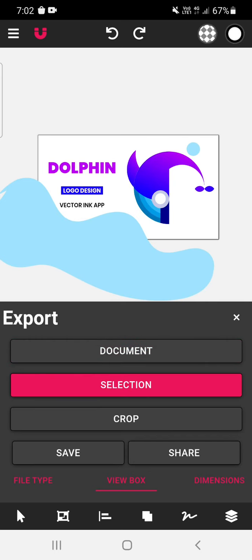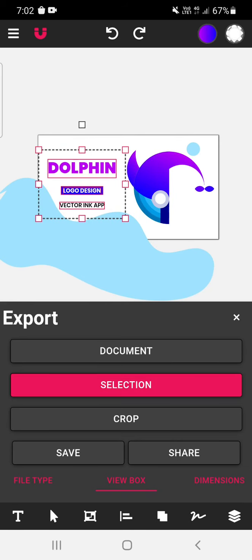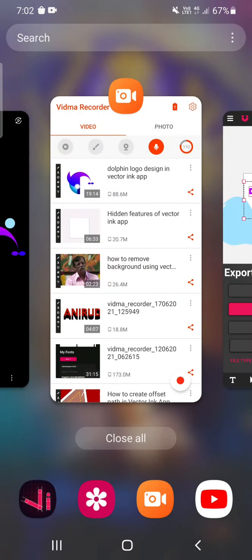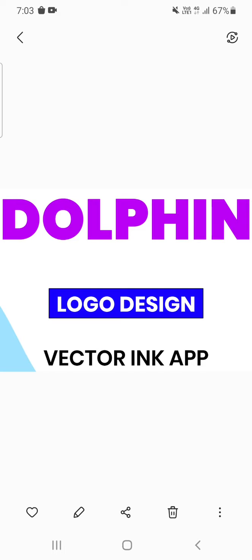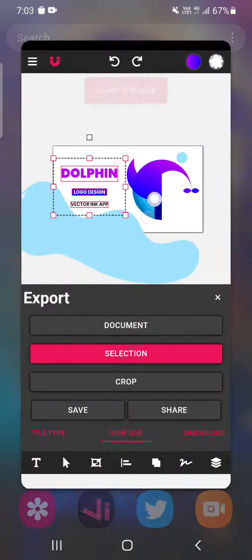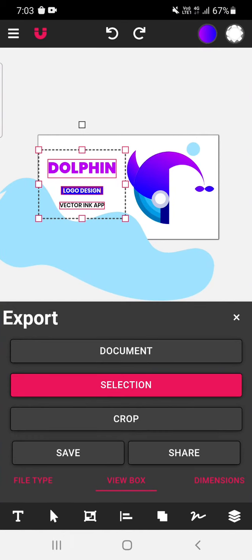Selection. In this selection, you can select a particular area and that much area will get saved. So if I have selected this and I click on save option, we can see that this much area has got selected. So this much area we had selected.